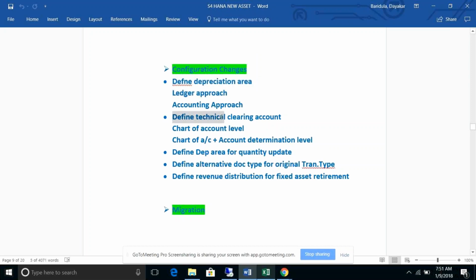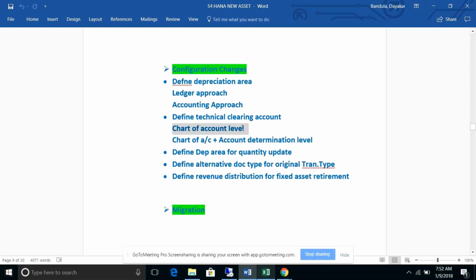And define the technical clearing account. This is also possible at chart of accounts level, with the combination of your chart of accounts and account determination. For example, for my fixed assets I wanted to differentiate different asset classes with a different technical clearing account, and that is also possible. Those two configurations we will see.